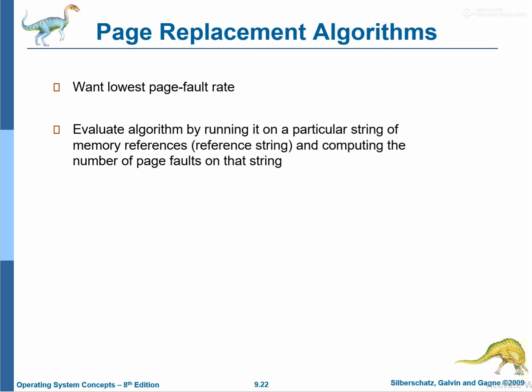Like we must select the frames that are to be replaced. So page replacement algorithm means we must select the frames that need to be replaced from main memory to virtual memory, and virtual memory to main memory. So when we are designing an appropriate algorithm to solve these problems, it is very important to look for an